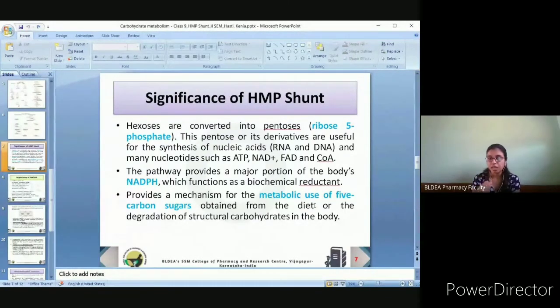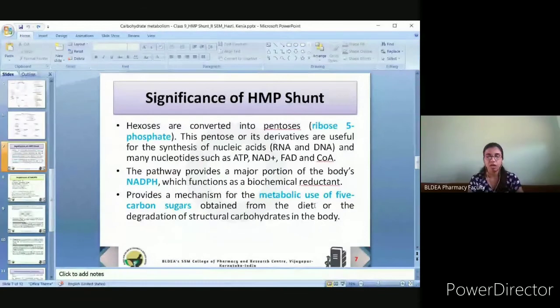Already I said in the diet we not only consume glucose but also other carbohydrates like oligosaccharides and polysaccharides. And also in monosaccharides there are different classifications. So most of those carbohydrates are utilized in the diet, and those are getting degraded with the help of this HMP shunt. Glucose, if it is a major constituent, then it undergoes glycolysis.